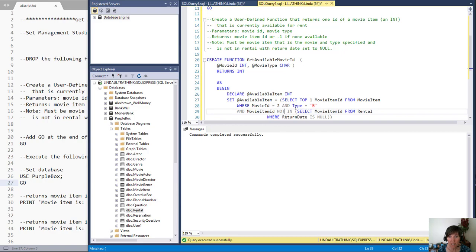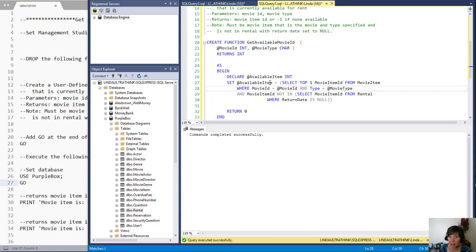But now I don't want to just get it for movie 2. I want to get it for whatever movie item they send. So I'm going to put that in the place of the 2, and whatever type they send, I'm going to put that in where the B is. So now available item has that value, and we can simply return it,